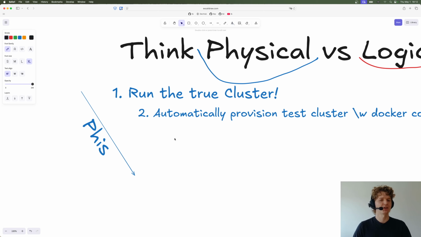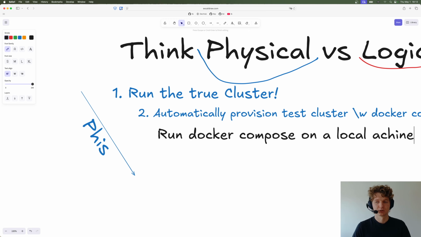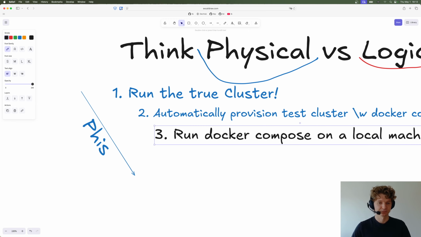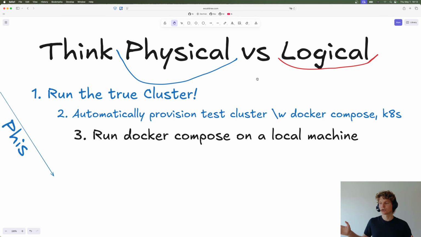The third step is still pretty physical, but it is much more tame. And this is run Docker Compose on a local machine. So you have this setup which actually spins up your distributed system in a reproducible way, but if your